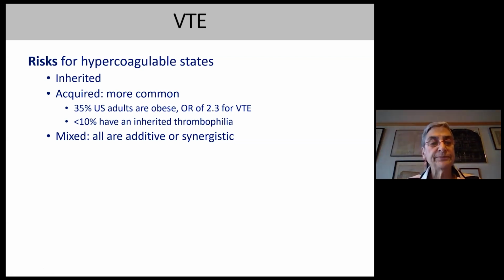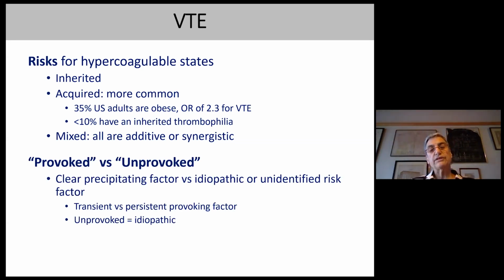venous thrombosis. But the real question in deciding how to test a patient, who to test, and how long to treat them is whether their venous thromboembolic event is provoked or unprovoked. If there's a clear precipitating factor for the event, such as being put at bed rest or having major surgery, then in general there's really no point looking for an inherited reason for a person to have a clot, because you can explain the clot and you're not going to treat that patient long-term once the inciting factor has